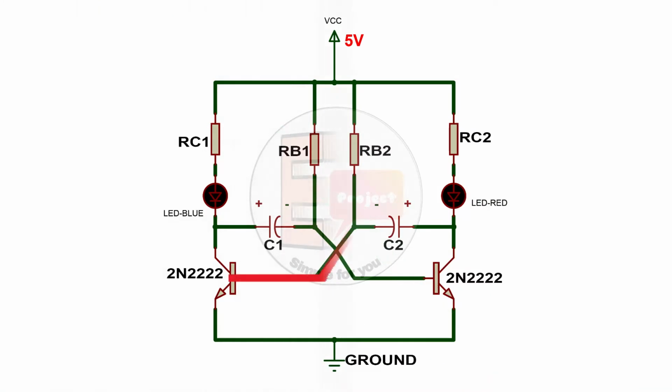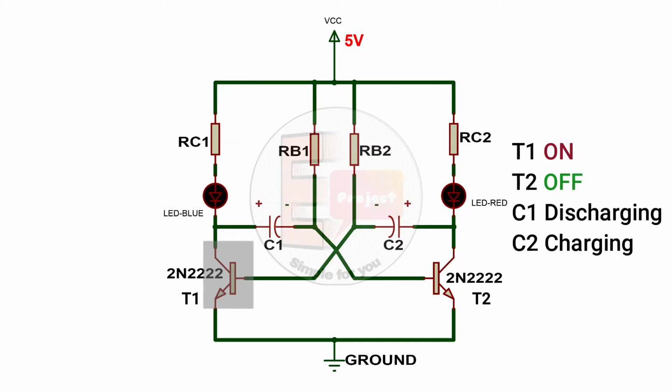So this is the circuit for an astable multivibrator, and here the collector of one transistor is connected to the base of another transistor through a capacitor, and both transistors work as a switch. So let's see. The value of collector resistance is smaller than the base resistance. When supply is given, both transistors will try to conduct and the capacitor starts charging. But here one transistor will be more conducting than the other and it goes into saturation due to imbalance in the circuit or difference in the parameters of the transistor.